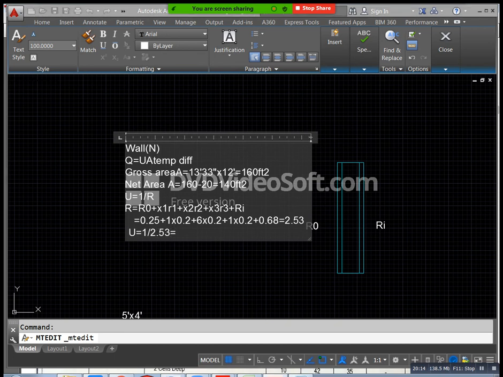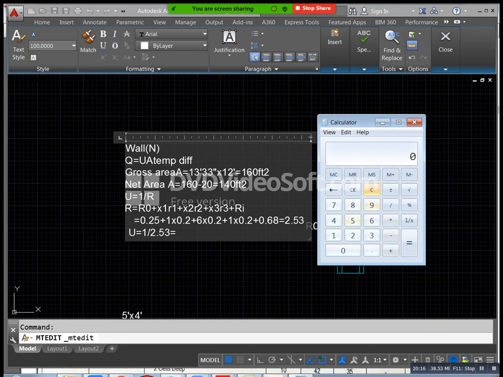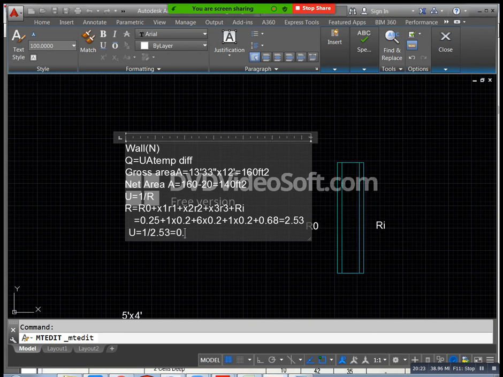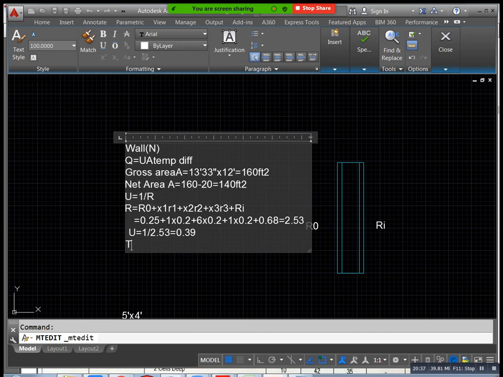Delta T is the temperature difference. In this temperature difference condition, how can you take this temperature difference? Here we have the north side wall. In the north side wall condition, how can we take it? First you can go to your charts. Okay, you can go for the wall condition. This is solar heat gain through ordinary glass. Okay, solar heat gain through